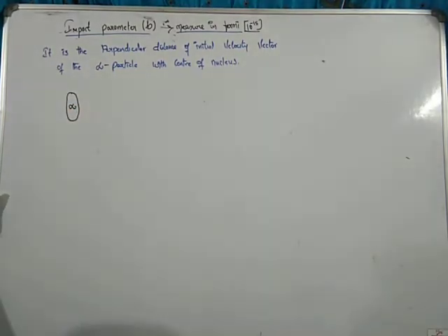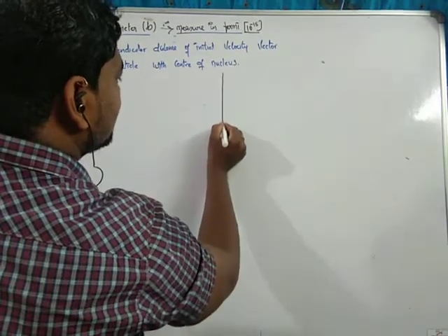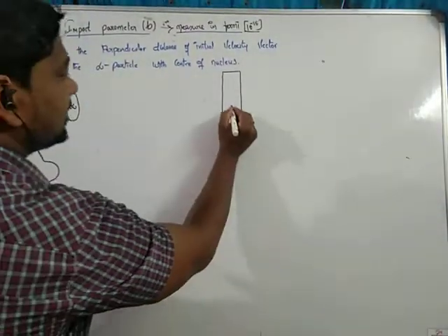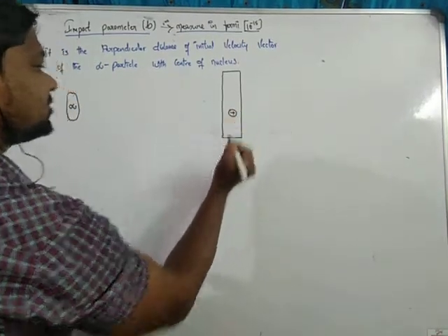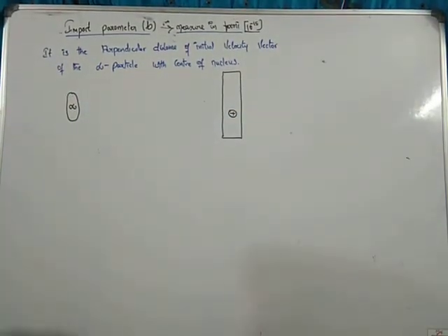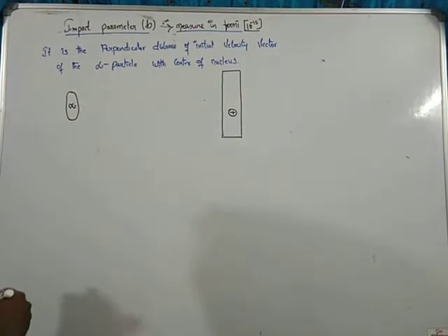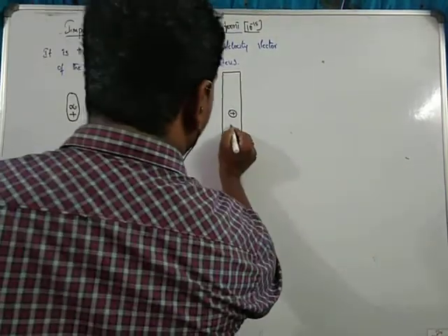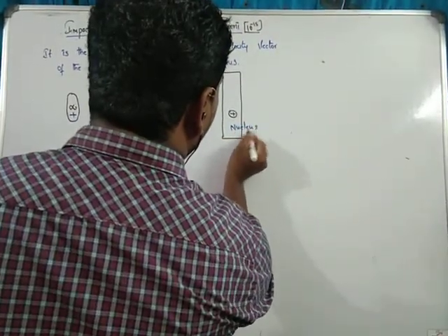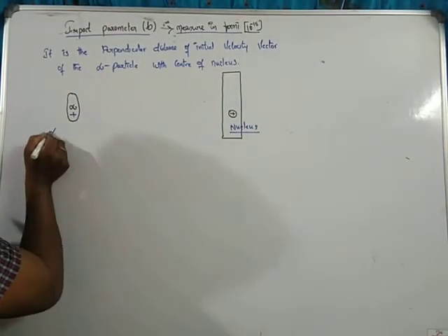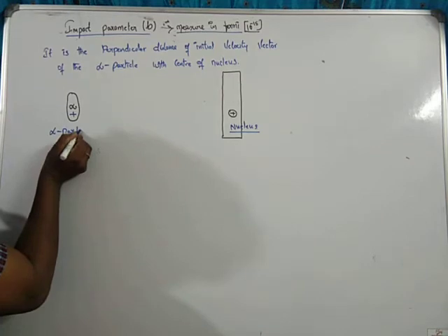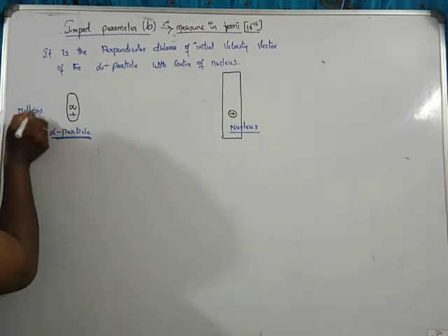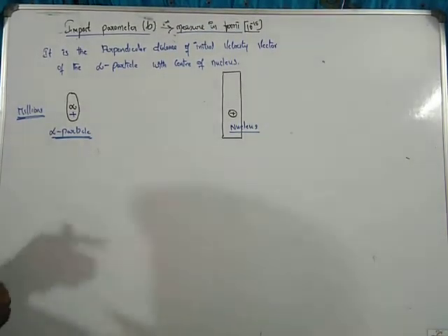To define the parameter, same topic, we consider an alpha particle. At the other end, we consider gold foil. At the center point here, suppose we have some positive charge. The alpha particle's charge is positive, and already we know the nucleus is also positively charged. Here we represent some millions of signals radiating energy.